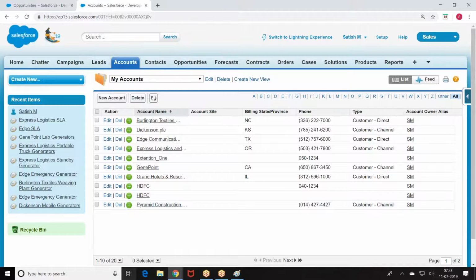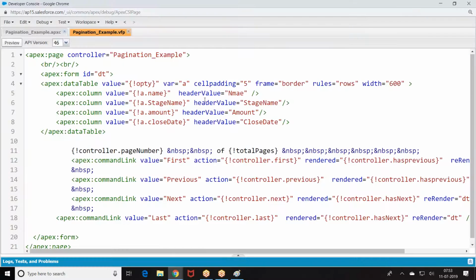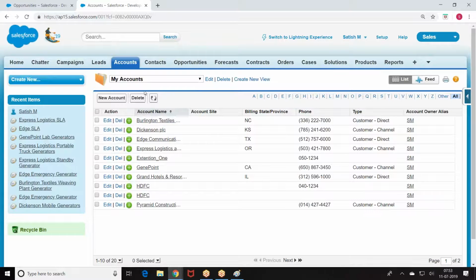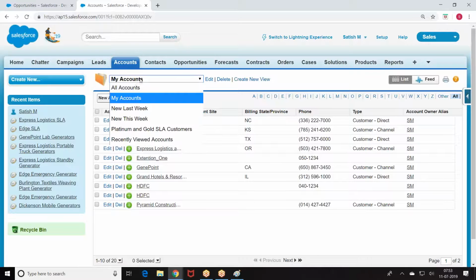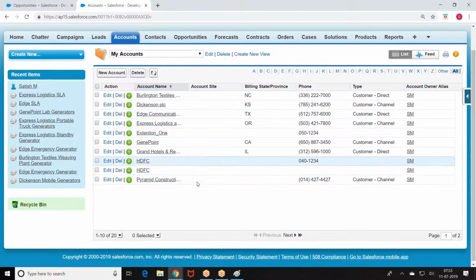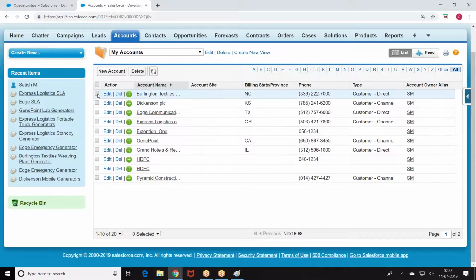Now this is not adding a button, we are building a page. When you take the standard set controller and add a button, based on the filter we are already getting the records. If they have more records and you still want to apply pagination, then you can use it.